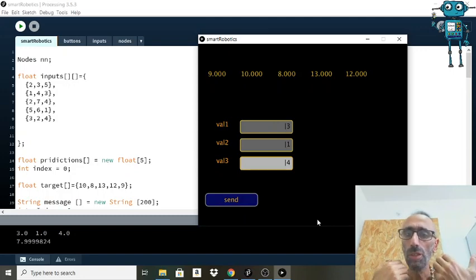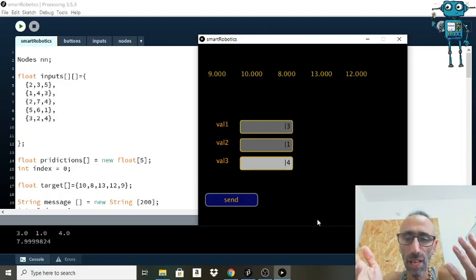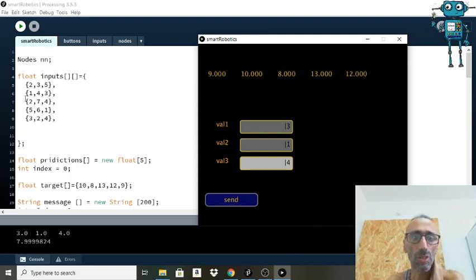You can download the code from the GitHub repository. You can play with that, try different data sets. You can put your own data set here. All you have to remember is that if you put